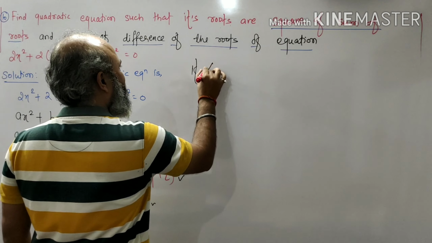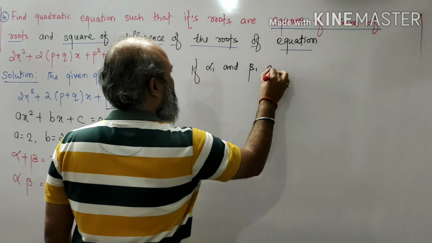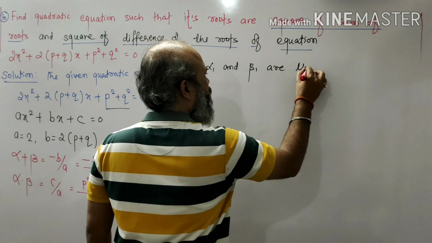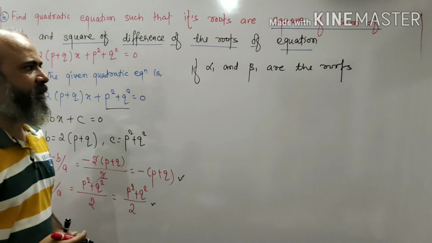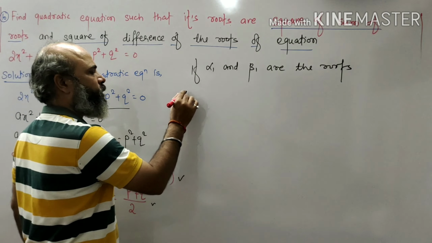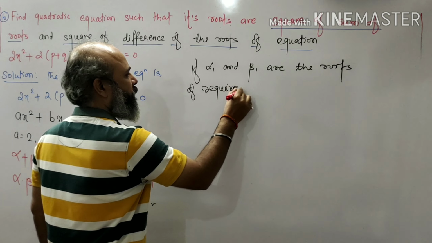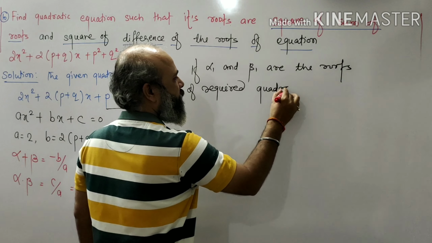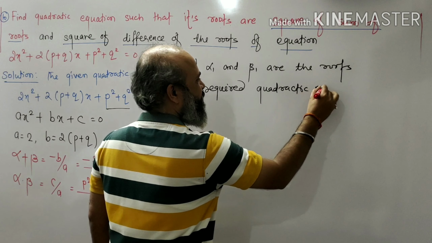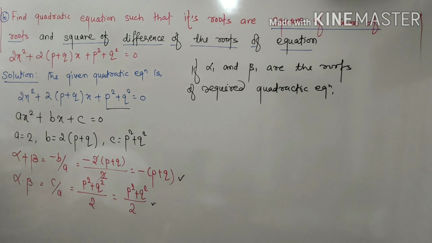If alpha 1 and beta 1 are the roots of the required quadratic equation, then